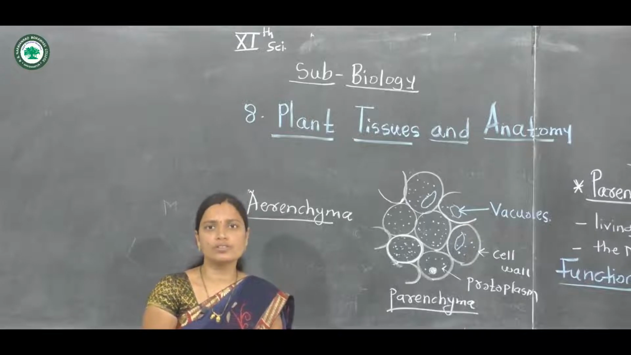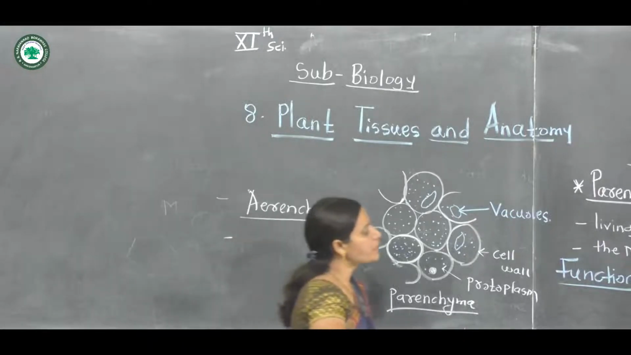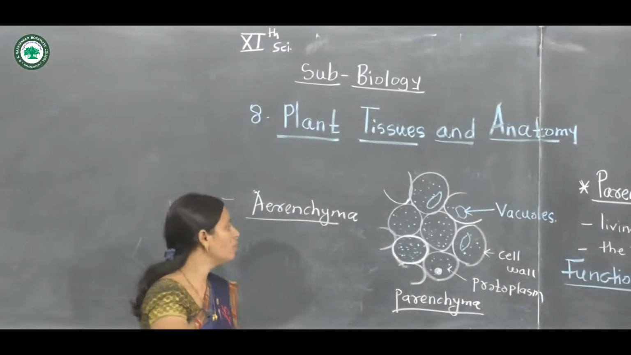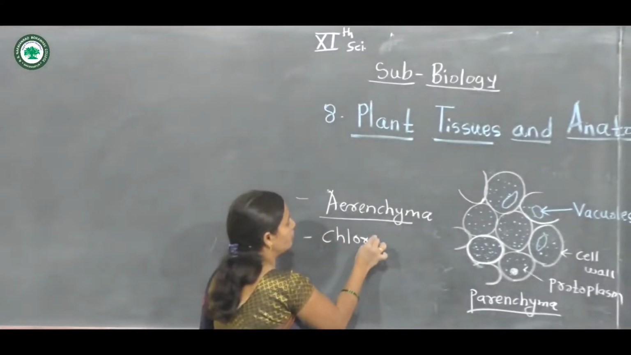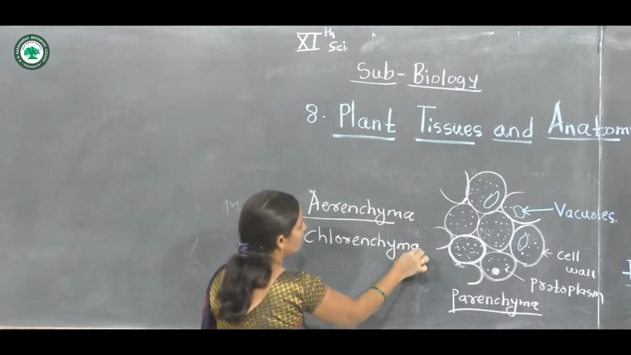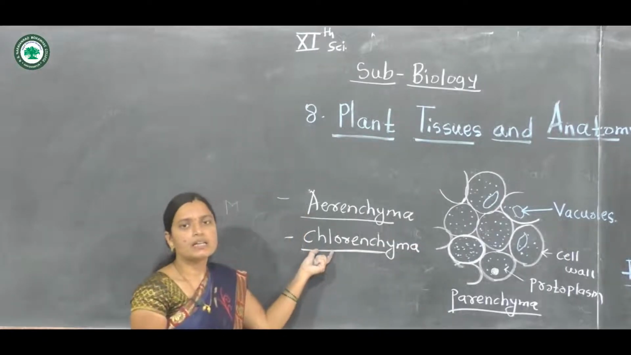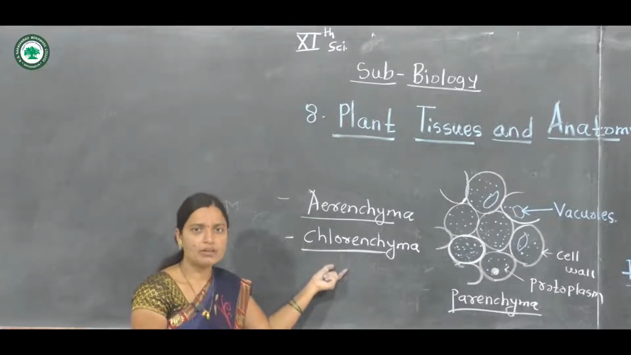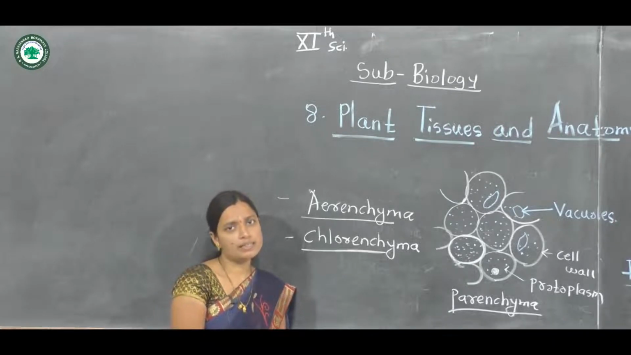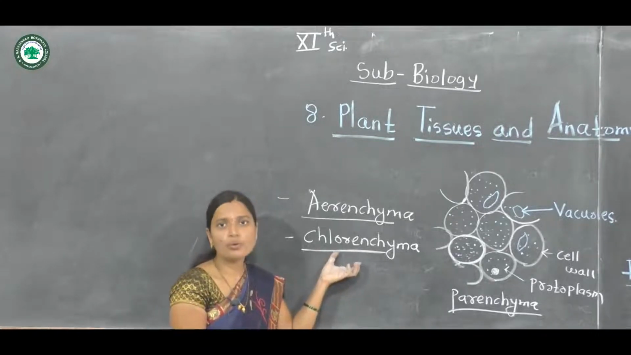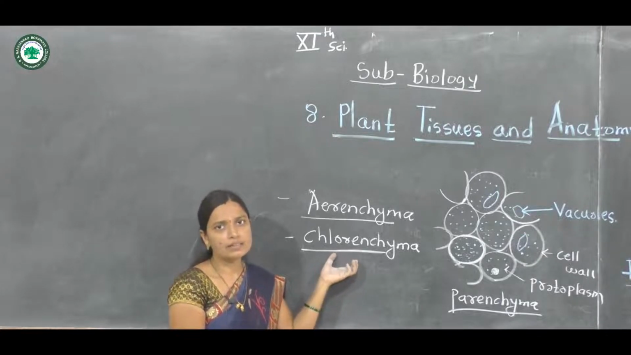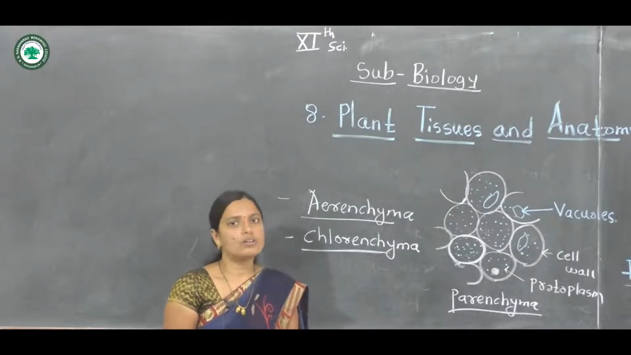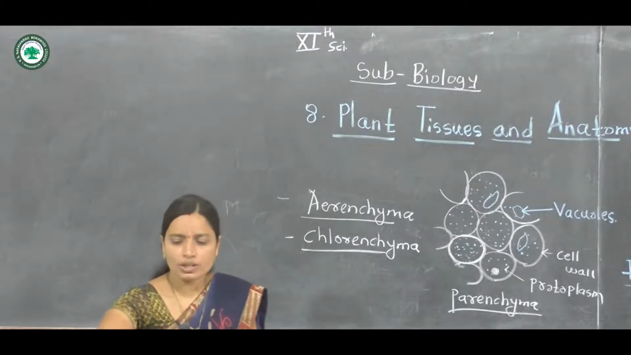Now the next important function of this parenchyma is called the chlorenchyma. Chlorenchyma means in some plants the chlorophyll pigments or chloroplasts are present, and this parenchyma stores the chloroplast containing cells, and it is called the chlorenchyma. Now this chlorenchyma has the most important function of photosynthesis. The structure of this chlorenchyma is located